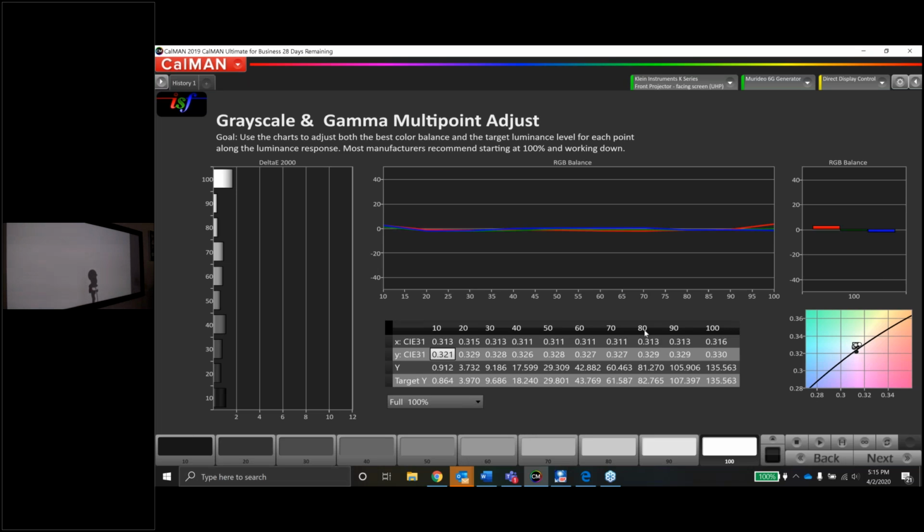What I like to do here too, guys, is, the data all looks pretty good, but I also like to get a visual on it as well. So if I bring up a 16-step grayscale, I shouldn't see any strange colors in the grays and the whites and the blacks. It should all look neutral. If the blacks look kind of green or the bright side looks kind of yellow, then we know that these errors are no good. But I'm actually looking at the grayscale visually, and I'm not seeing any visible errors, which is good. This might indicate at the very, very, very top end that there's a little bit of green, but